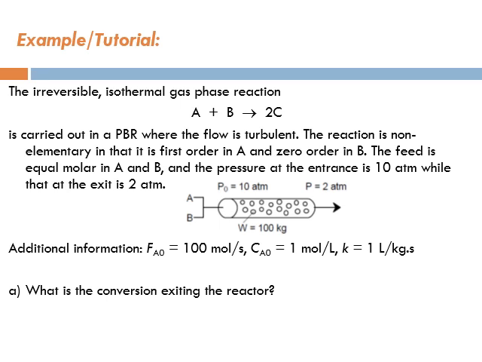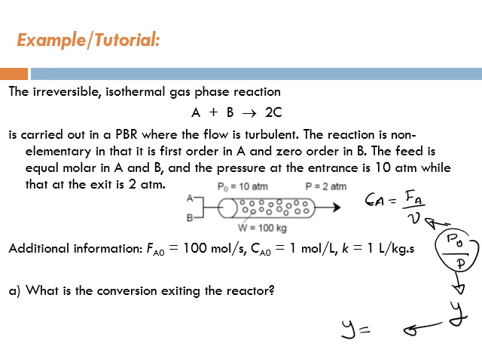So the problem is, when you write the concentration of A, which is F_A divided by epsilon, and of course inside epsilon you have P naught over P, correct? You will end up using y in the concentration equation. Students tend to choose y equals 2 divided by 10, which is 0.2, which is wrong. y does not equal 0.2. y equals 0.2 at the exit only, but through the bed of the reactor,